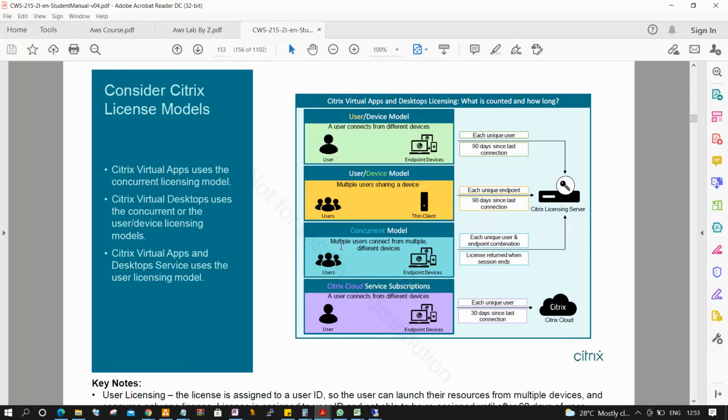The concurrent license means the number of users accessing sessions from different devices, so if you are purchasing the license based on the number of sessions, we call it a concurrent license. The fourth one: a user can connect from different devices to access Citrix services based on the subscription per user. This is called Citrix Cloud services.